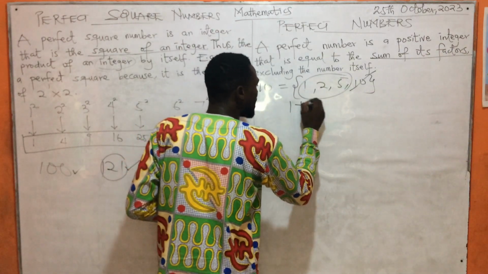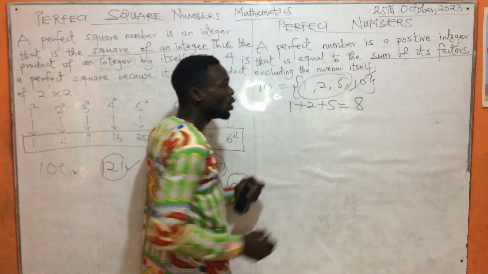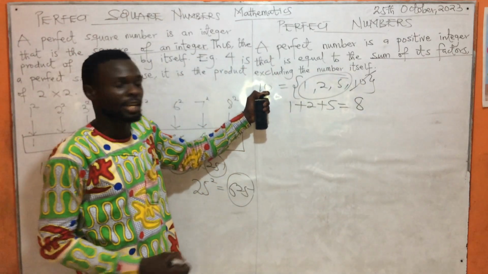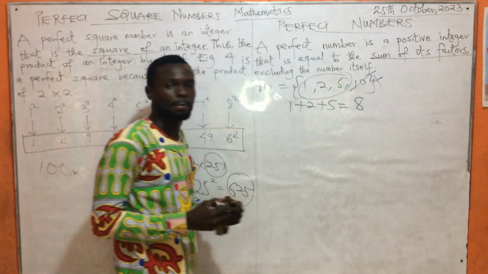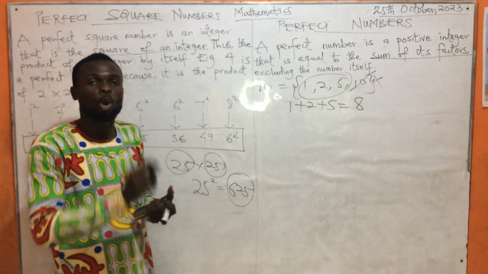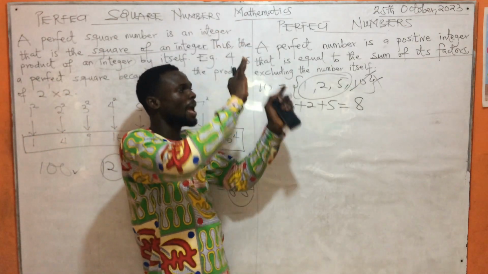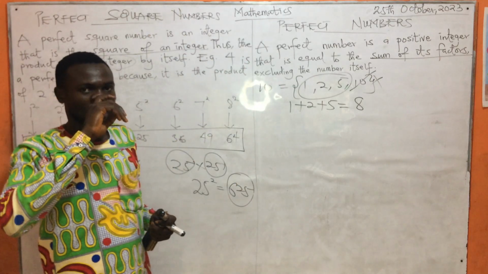We have 1 plus 2 plus 5. Adding this is equal to 8, which is not the same as 10. So therefore, 10 is not a perfect number. So 10 is not a perfect number. Now if you take 4,